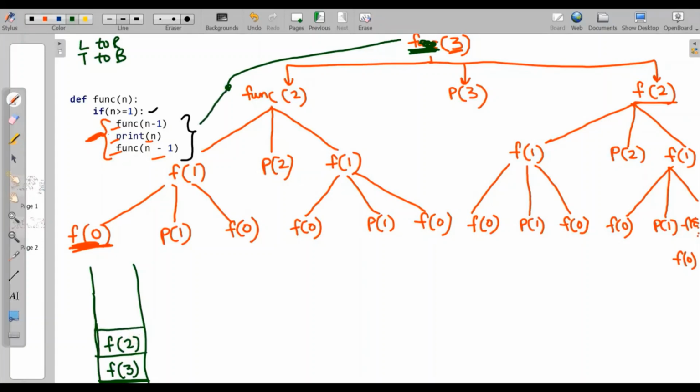Then it will come downwards, top to bottom. F1 for the first time, it will push into the stack. Then again a recursive call, F0 for the first time, so it will push to the stack. Now it will go again. Now this is the last time it is visiting this F0. I told you for the first time it will push to the stack, and when it visits for the last time, it will pop up from the stack. So it is coming for the last time F0. So here I'll just pop it up, and then we will go to F1,